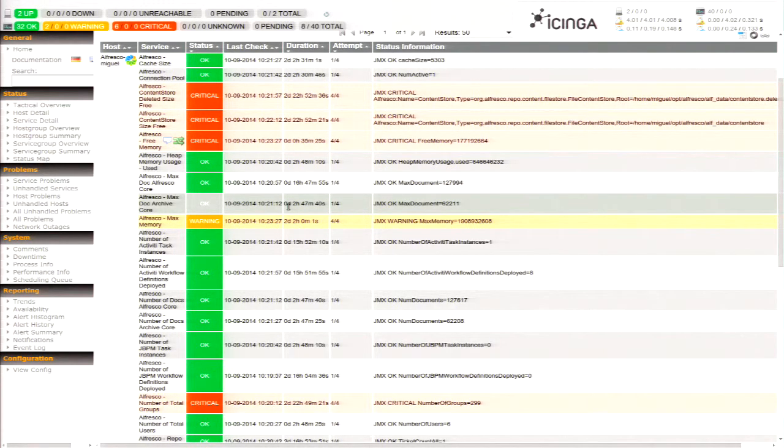We need to thank Tony de la Fuente for providing the plugin for Nagios, which works very well also on Icinga. So what we do is, some of these checks will run against the Alfresco RMI port or service, and they will take a value from that service. And we will set thresholds for warning or critical. And when we reach these thresholds, Icinga will send you an email notification. So you can configure a number of users or groups of administrators, and they can get email notifications when these thresholds are reached. If we look at one of them, for example, the free memory,